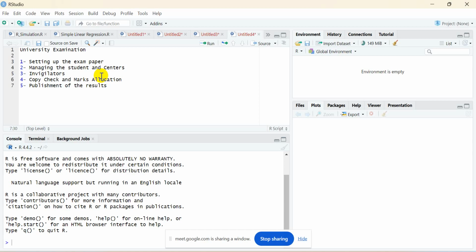Let me take a pause by keeping only five points over here. There are many more points, but these are very common, and most universities throughout the world follow the same structure: setting up the examination paper, managing the students and centers, the concept of invigilators, copy check and marks allocation, and publishment of the results. So can you imagine that if one person or a single team performed all